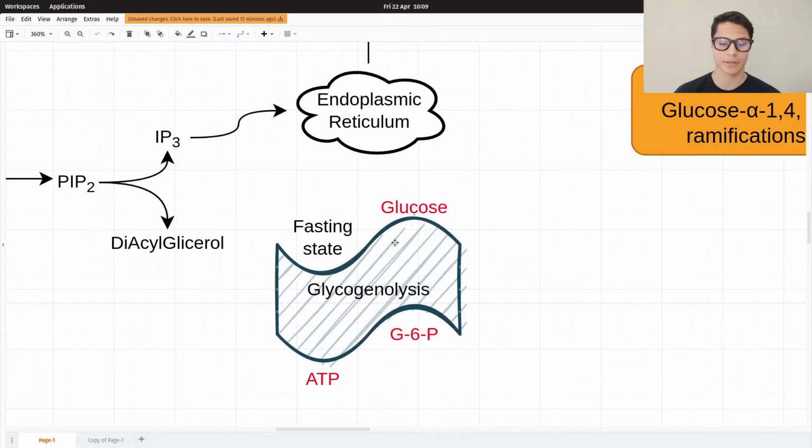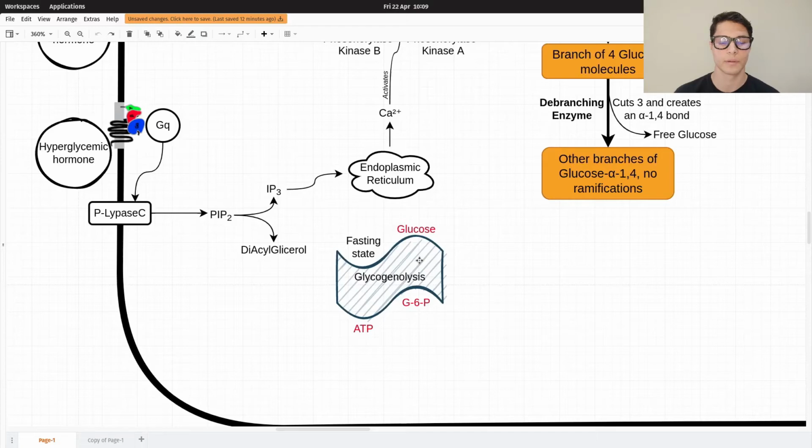Okay, so the regulation of this process is by ATP. If there is too much ATP, glycogenolysis is not going to occur. If there is too much glucose 6-phosphate, it will stop glycogenolysis. Even glucose itself in the liver will stop glycogenolysis, and this happens in the fasting state, when we are not eating, when